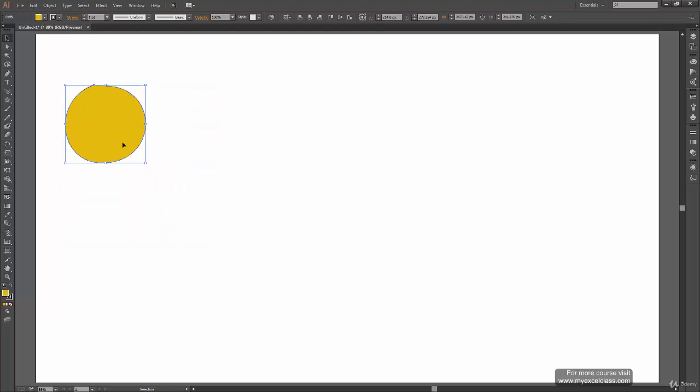Alright, so again while moving you can press the alt key to copy the shape. Like you can see when I press alt, my cursor has changed to a double arrow, and when I release this I get this duplicated shape. The other way to copy is you can select the shape first and press Ctrl C to copy the shape and Ctrl V to paste it.